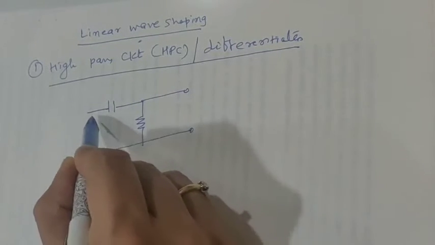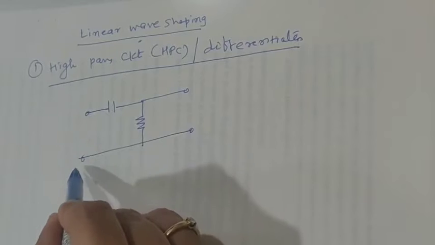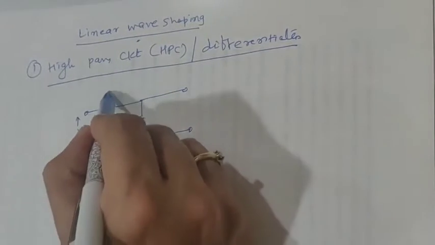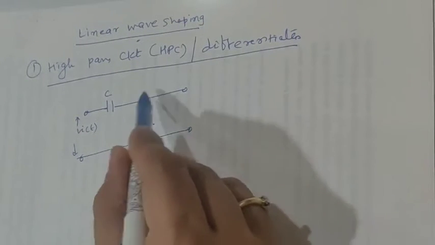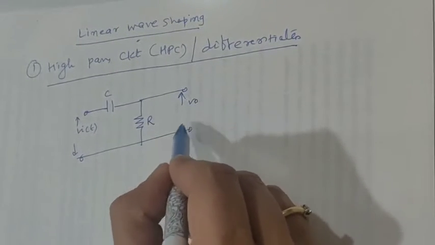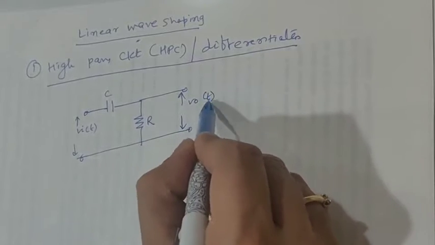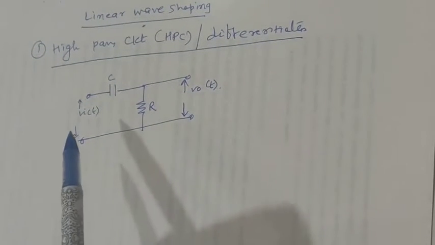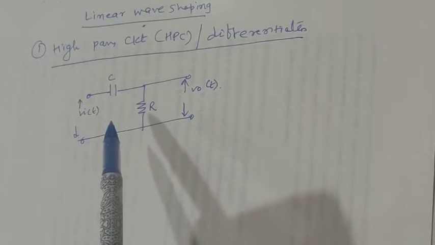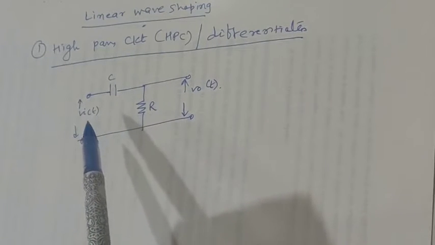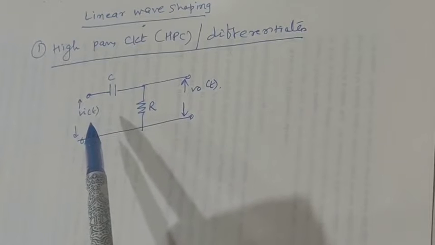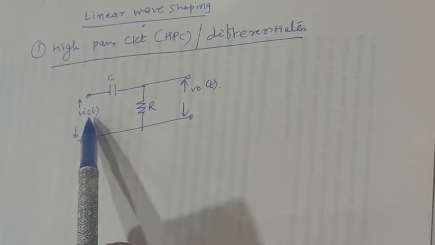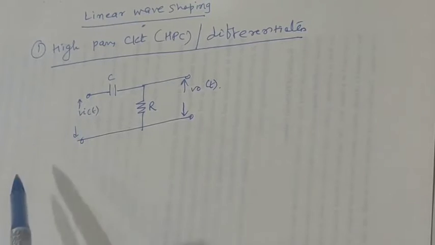So that is what the circuit is, a simple circuit. This is my input that I will be applying. This is the capacitor, this is the load resistance across which the output will be taken, and this is V0 of t, that is the output voltage. Now remember the input signals that we have seen in the first slide: sinusoidal wave, step signal, square signal, pulse signal or a ramp signal are the input signals that we will be applying.